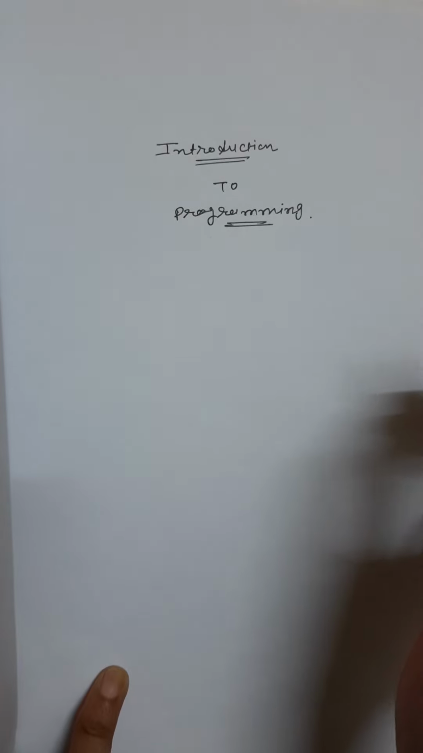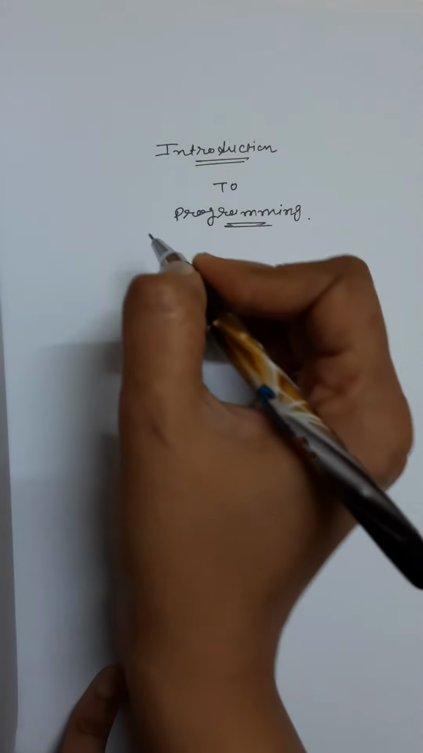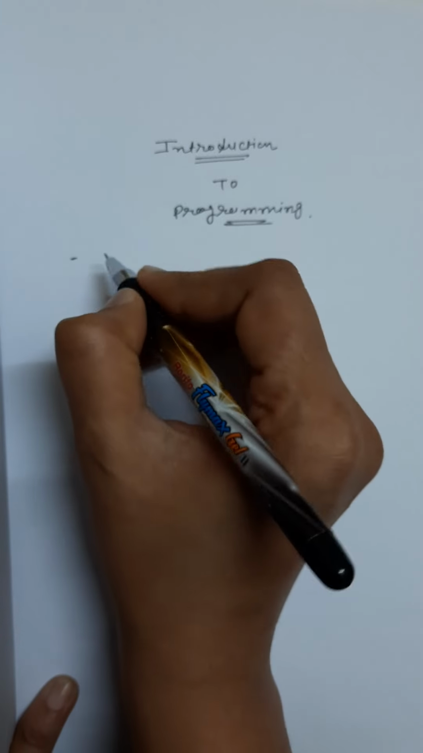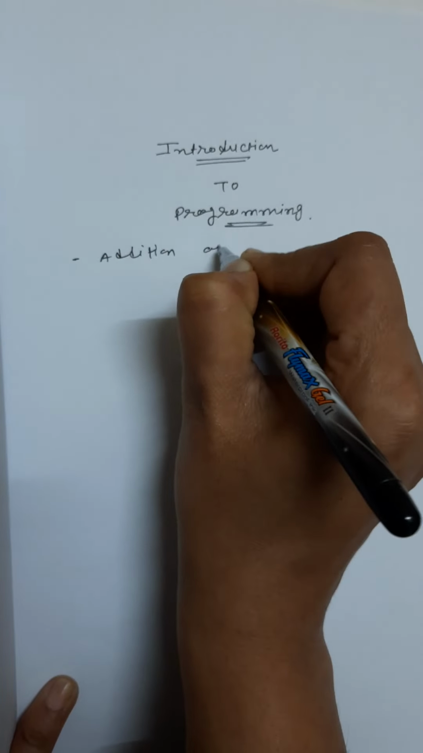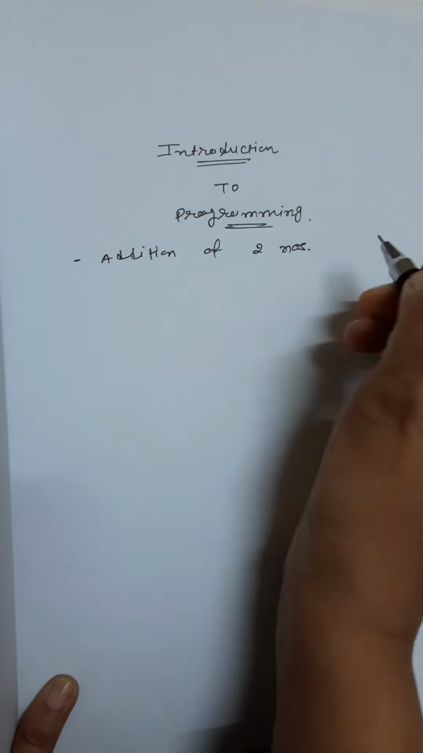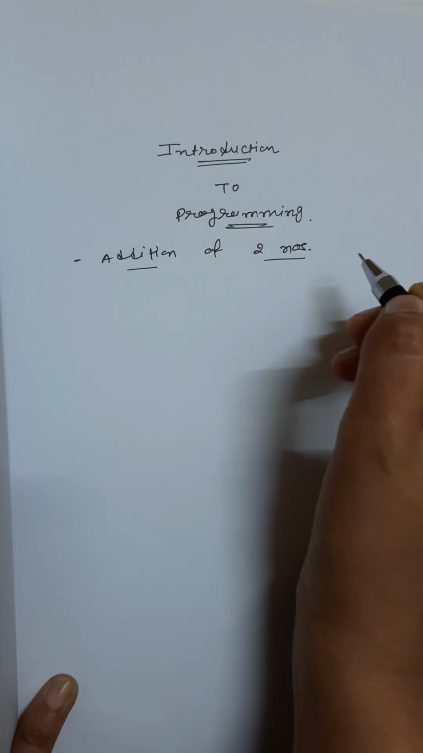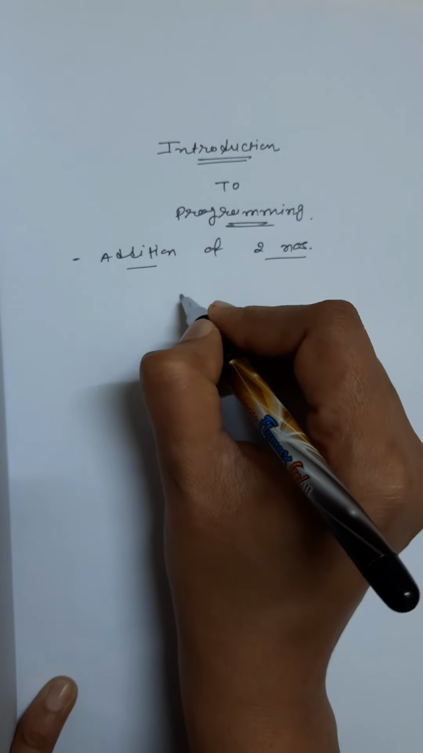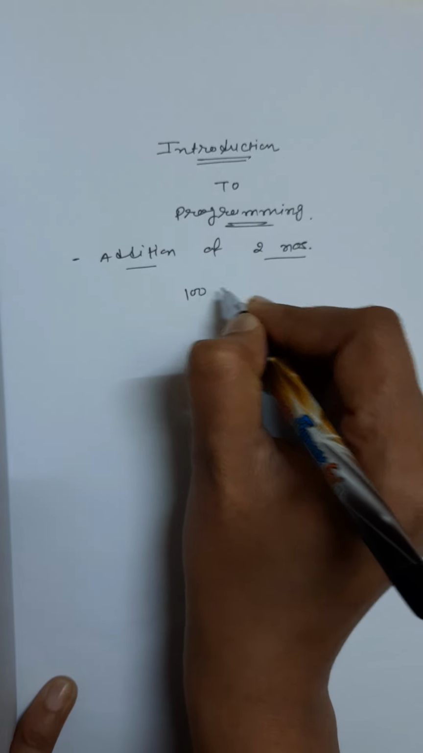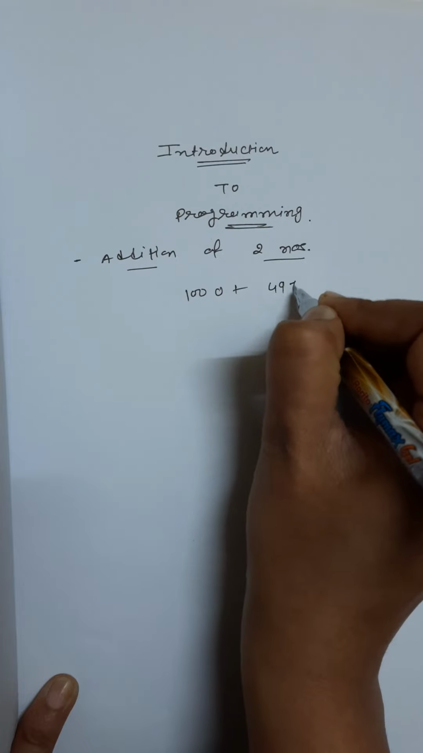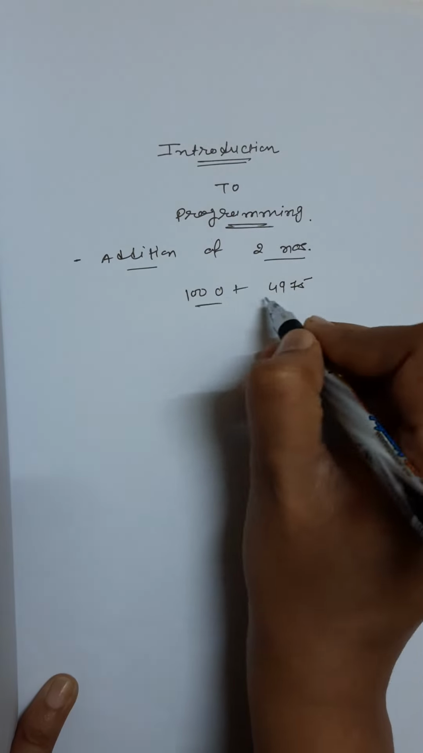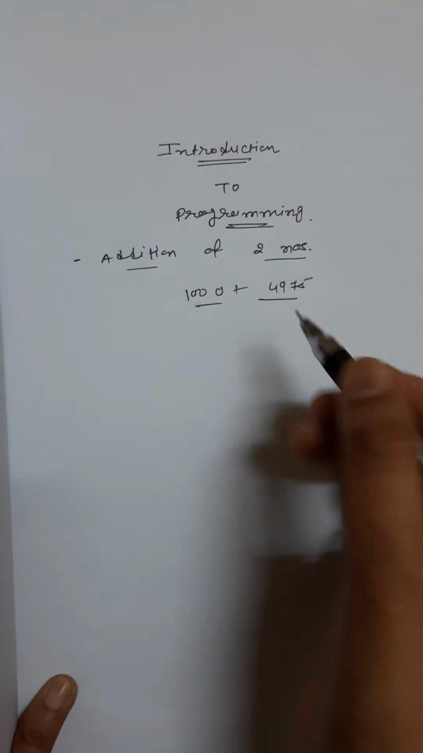See, we all use computers just to perform tasks, so our task gets done easily and efficiently. Let us take an example. I want to perform addition of two numbers. Okay, so how to perform the addition of two numbers? Let's take an example. I want to perform 1000 plus 4975, and I don't know how to perform the addition, and I want to perform this addition just by the